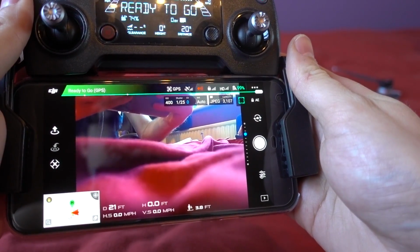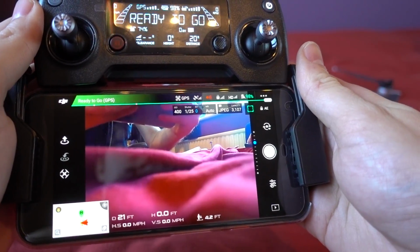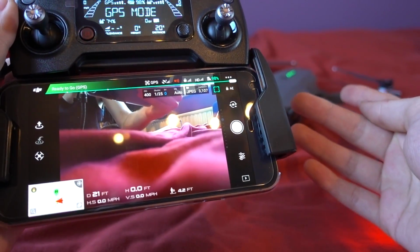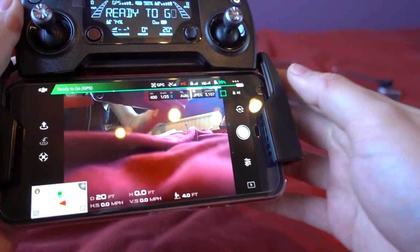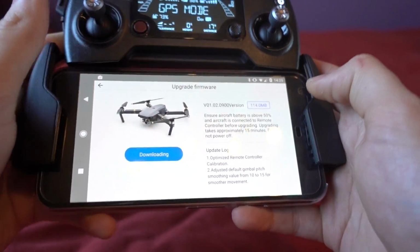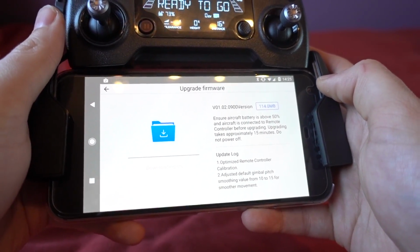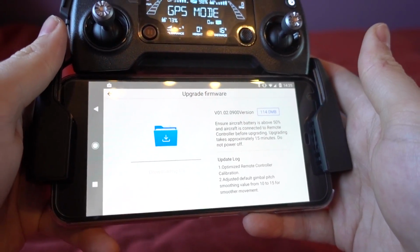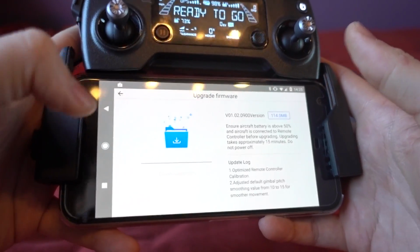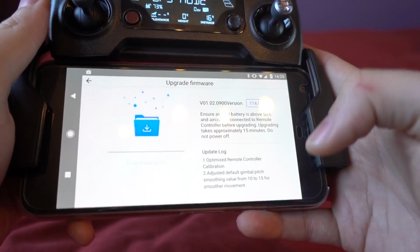So it seems like what's happening? Ready to go. Seems like I have to update the firmware of the aircraft separately, maybe. I don't know. Firmware available. Update now. Yes, please. Downloading. Oh, this is confusing. I wish it would just do it, you know? It said I need to upgrade the firmware. Should be able to click it and it upgrades. No, you have to click back and then download the firmware, and then it says here it's going to take